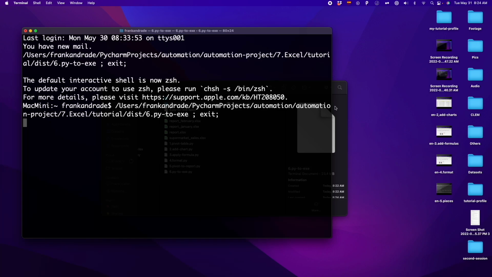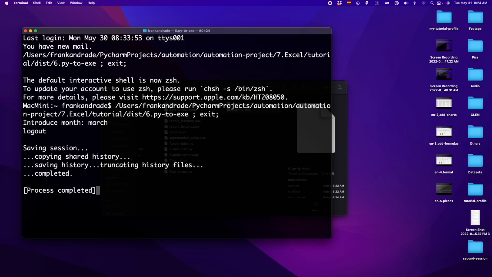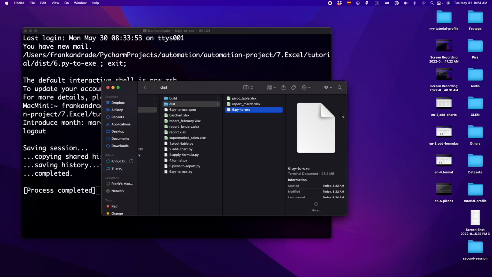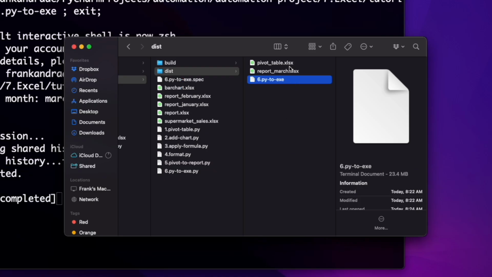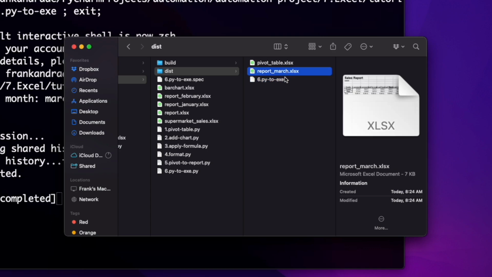And as you might remember, I added an input in my code. So here we have this input. So as you can see, it's asking me for the month. So it says introduce month. So what I have to do here is just write the month. So I'm gonna write, let's say March. So this is the name of the month, and well, I press enter, and as you can see, this was executed. So we have here a new file named